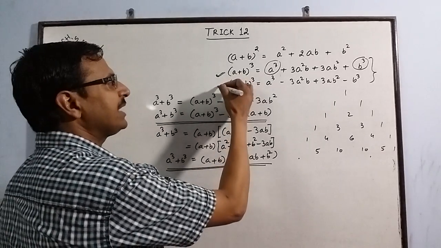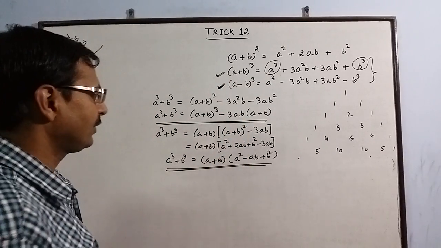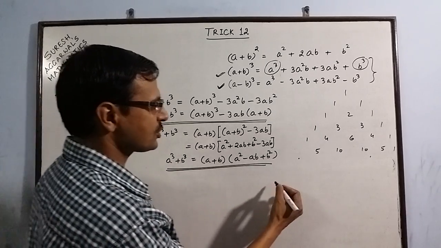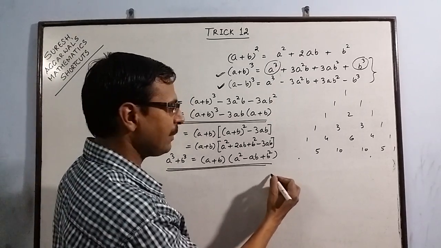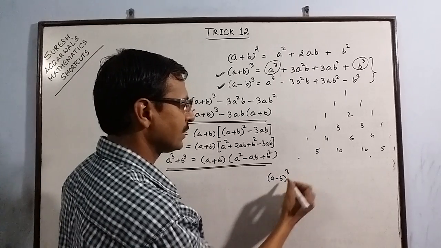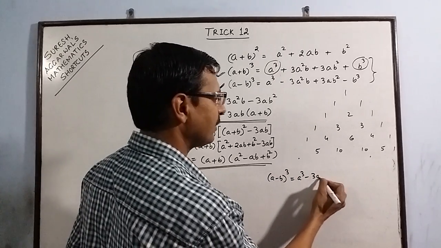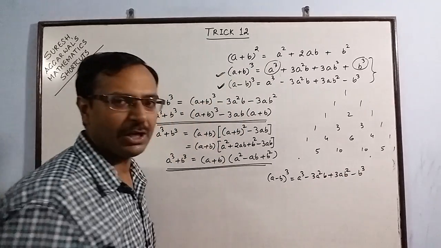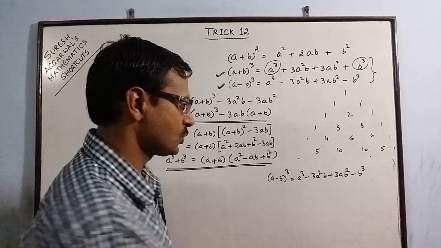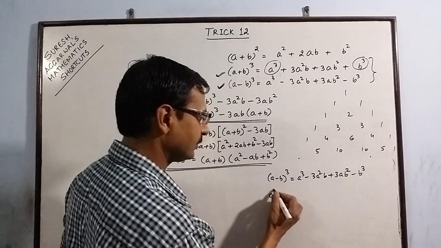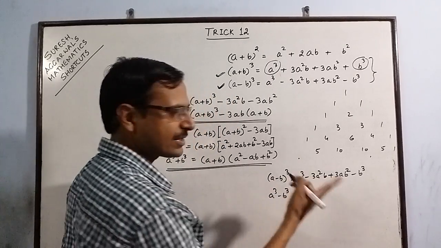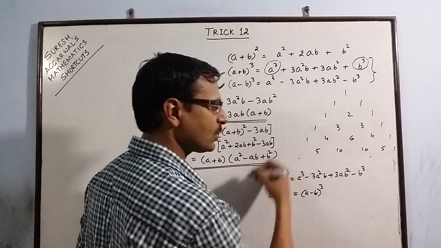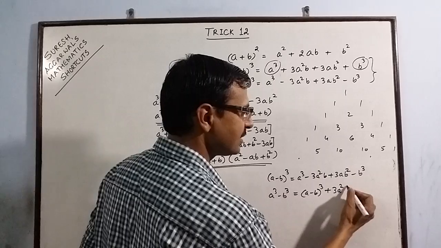Similarly, if you use (a - b) whole cube, you can derive the formula for a cube minus b cube also. Let me just demonstrate. We have (a - b) whole cube as a cube minus 3a square b plus 3ab square minus b cube. Now we need to find a cube minus b cube. So we retain a cube minus b cube on one side, and the other side we have (a - b) whole cube. These two terms you can shift this side, the sign changes,